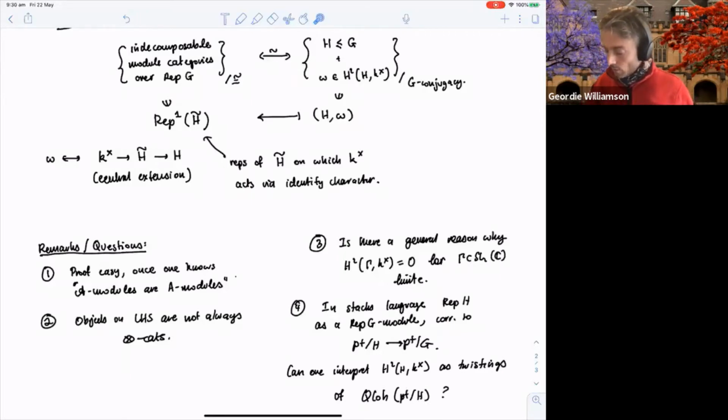Okay, so the ones where this is a tensor category are the ones where you just literally have this category, here is your module category. And one is tempted to say that these two co-cycles are exactly classifying ways of twisting this category here. And maybe that's totally obvious to some people in the audience. I have no idea.